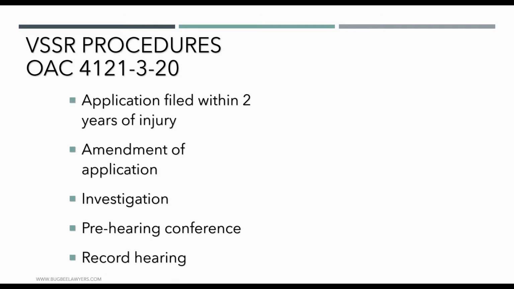And at the pre-hearing conference, procedural matters are discussed. A final merit hearing is scheduled. Commission doesn't like to continue those merit hearings because they allocate 2 or 3 hours for each hearing. And so once you get your merit hearing date, pretty much that's a go on your calendar, and you won't be able to cancel or continue that hearing unless the matter is settled and settlement papers are filed before the